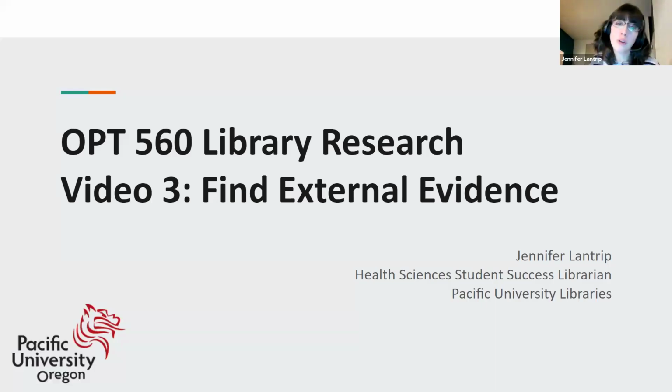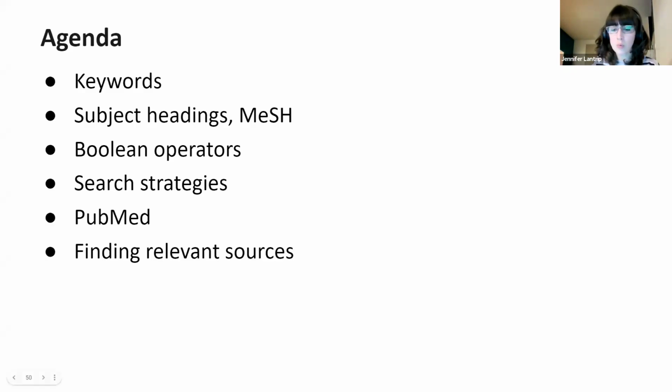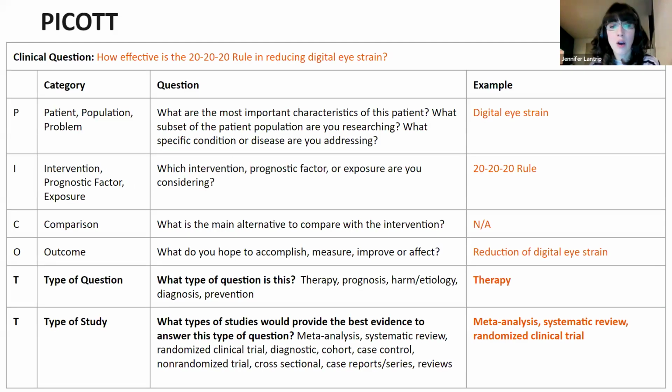In this video, we'll learn how to search for and find external evidence to answer your clinical or research question. We'll discuss keywords, subject headings, and MeSH, and Boolean operators. Then we'll talk about how to utilize these different tools for our search strategies in PubMed to find the sources we need. I'll explain how to do this using our clinical question about the effectiveness of the 20-20-20 rule for